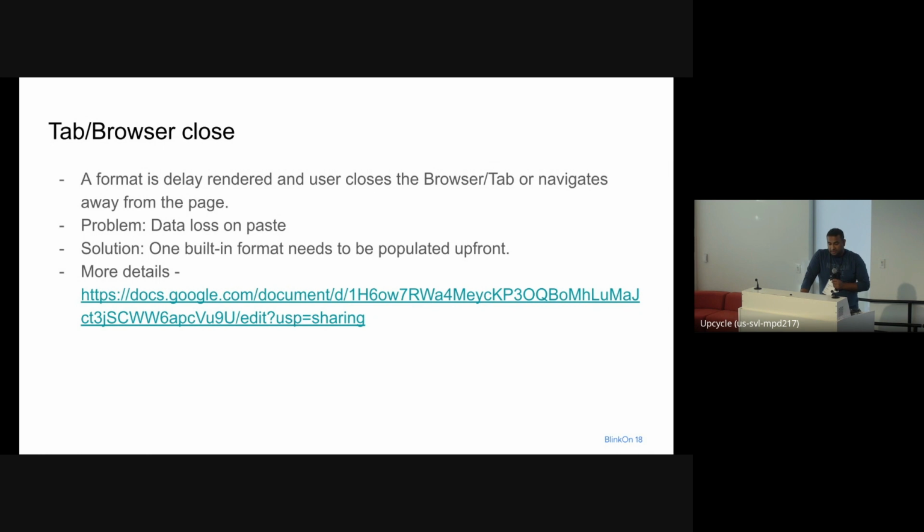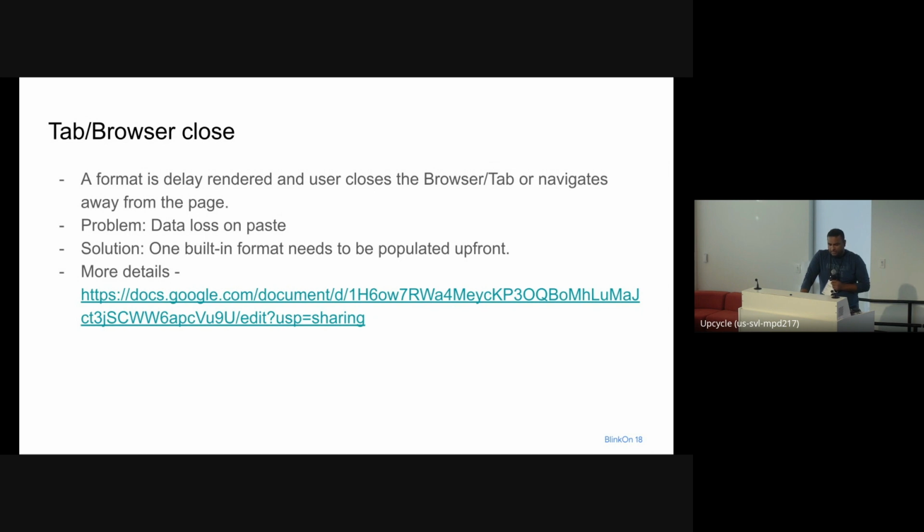But yes, there could be loss in formats, because usually web authors would choose the formats that are expensive to be delay rendered, and those formats would have all the formatting details, images, and stuff. So there is a partial data loss and a format loss. There really is not a very good way to handle all the cases, but at least there will be no data loss, and we'll have